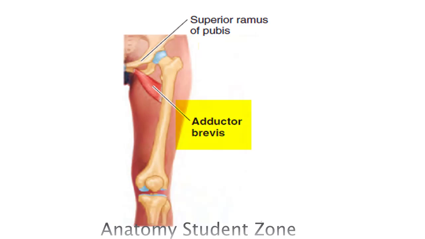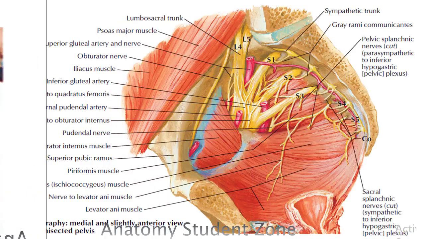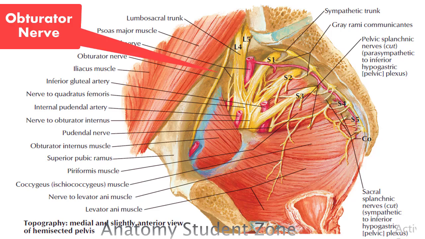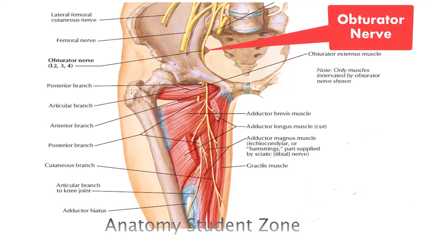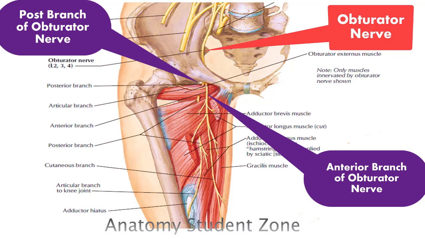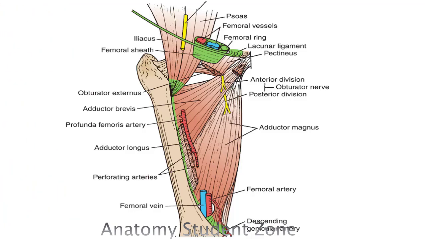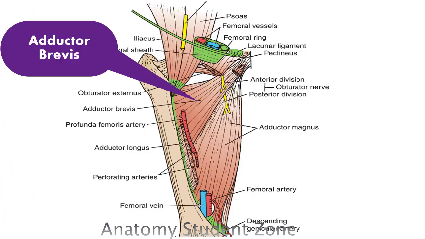But right now you have to remember that after the obturator nerve emerges from the obturator canal and enters the medial compartment of the thigh, this nerve splits into two divisions. These divisions are the anterior division and the posterior division. These divisions pass anterior and posterior to the adductor brevis muscle that I am covering right now. So in this image, this is adductor brevis. We can see the anterior division of the obturator nerve is anterior to this muscle, and the posterior division is posterior to this muscle. So according to this, we are going to name them.